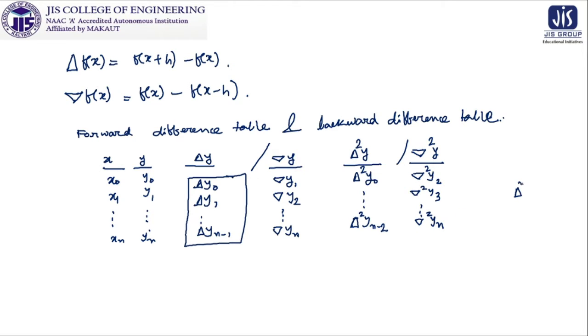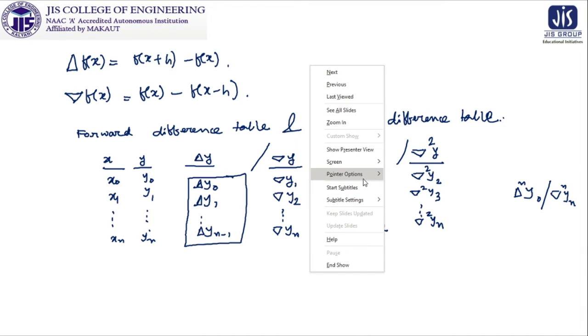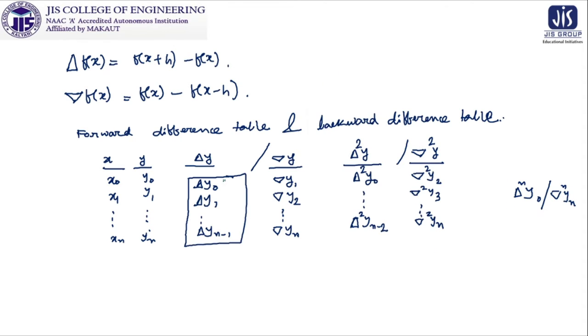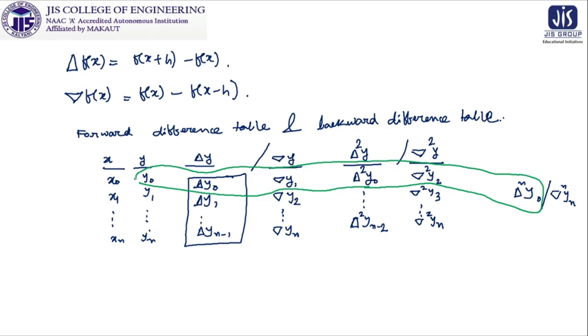So when we write del 2 y0, in the similar position we write it as yn. So in the last class we got the idea that we are going to use y0, del y0, del 2 y0 and up to del n y0